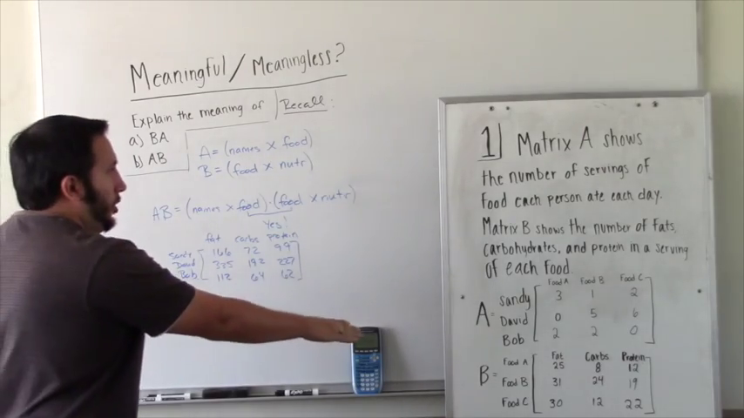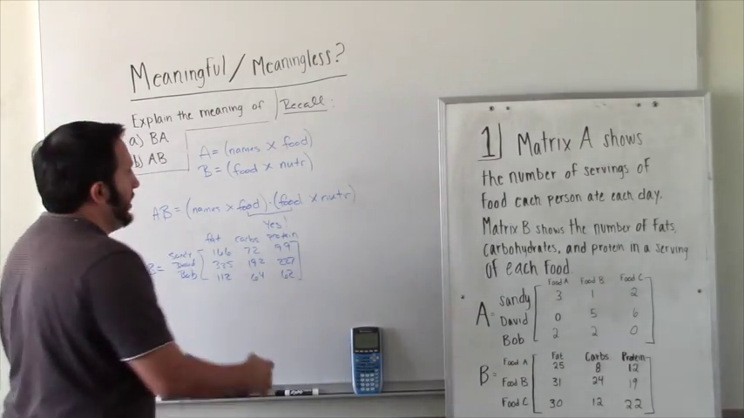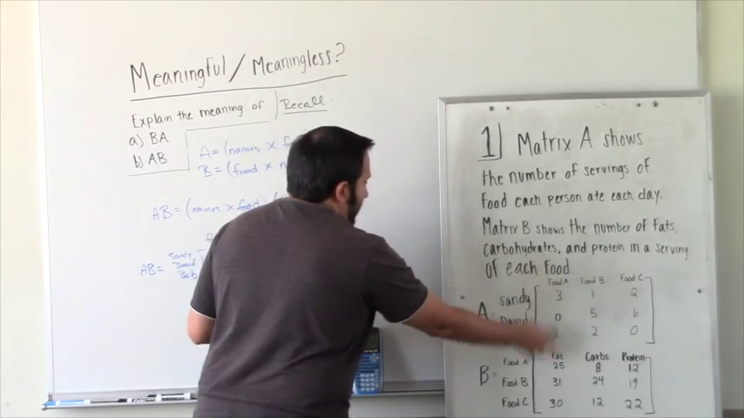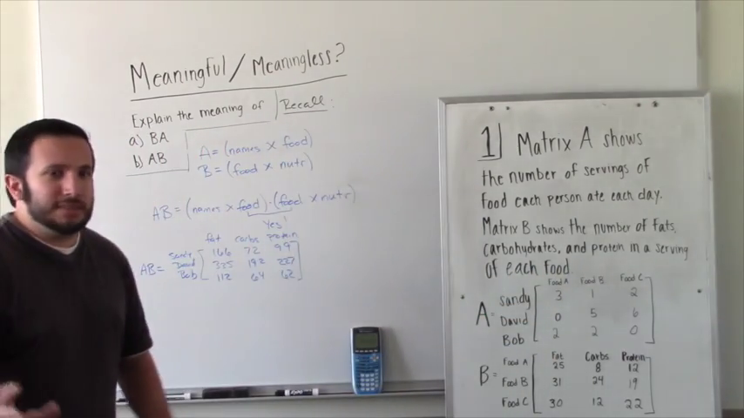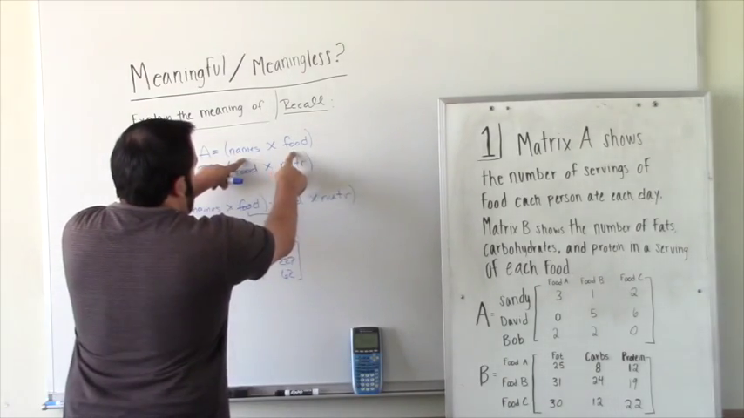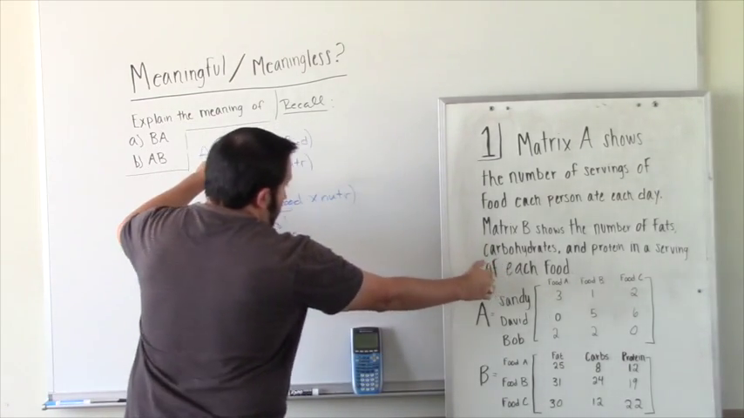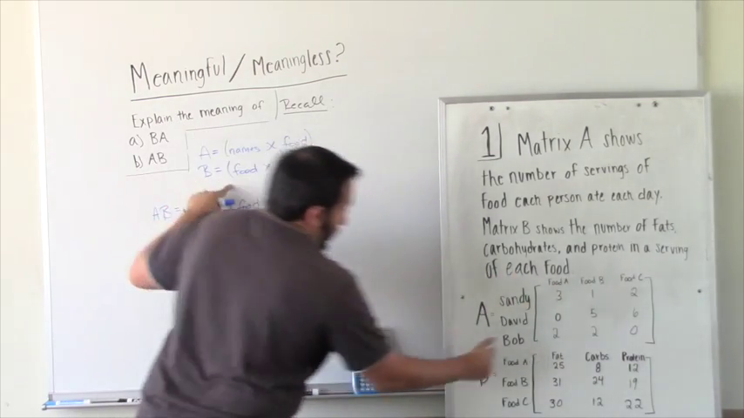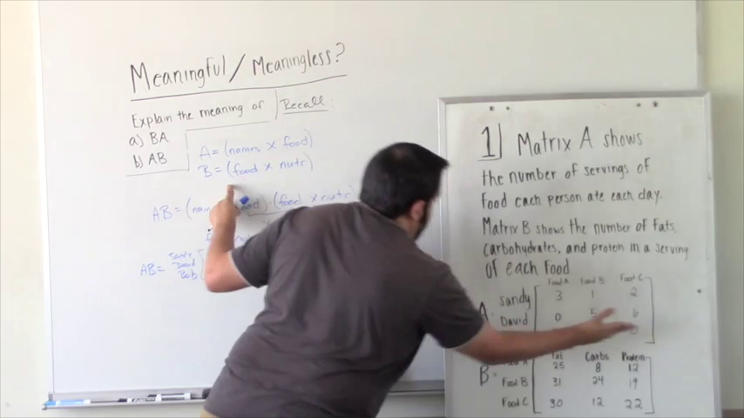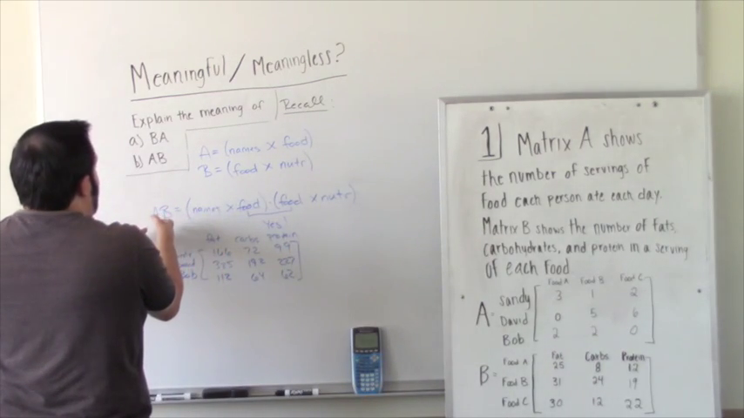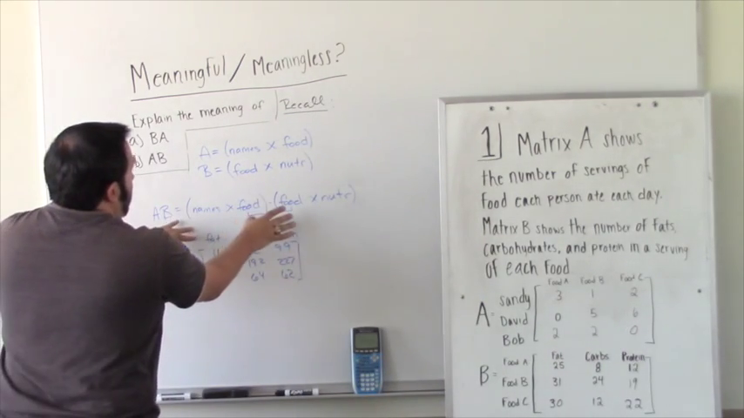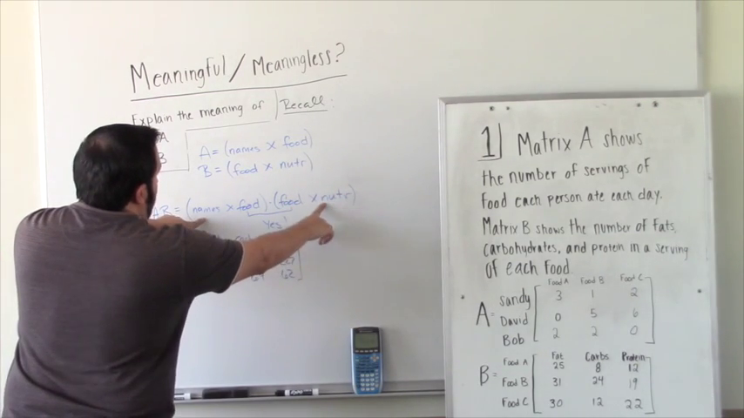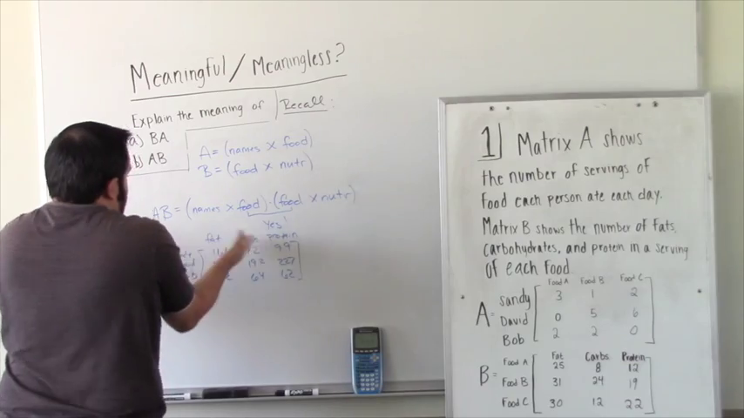So whenever it has words, and is it meaningful or meaningless, instead of setting up the numbers, put the words, because most times the size of the matrix is not going to be an issue. They're normally always going to be the same size. So matrix A was the names by food, and matrix B was the food by nutrients. And that was really easy to tell when I did A times B. The middle terms matched up, which means that it is going to make sense. And then the output matrix will be the output of